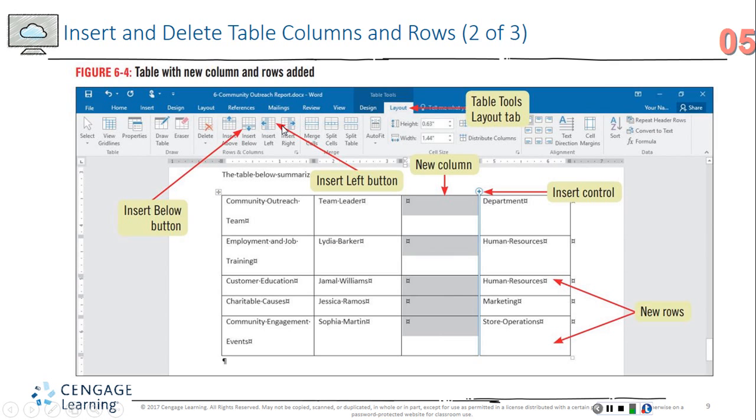Insert right or left, that's going to be insert right or left of a particular column that may be selected. There's also some other functions like merging cells, splitting cells. We won't really get into those in this class, but that's one way to insert rows and insert columns. Now, if you'll look at the diagram, you'll see that there is a button that's got a plus sign in it,